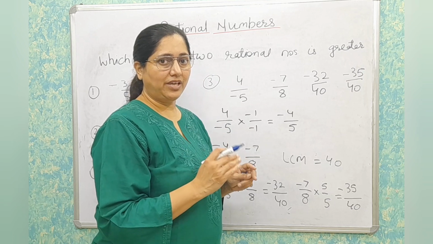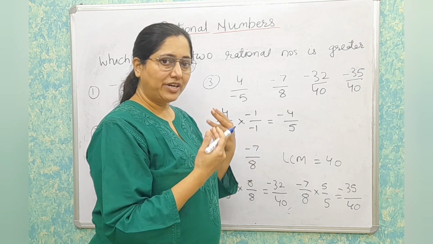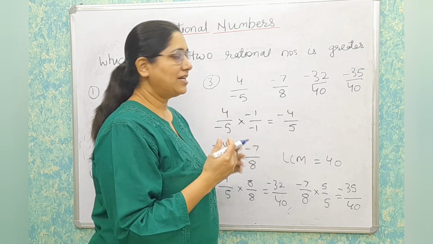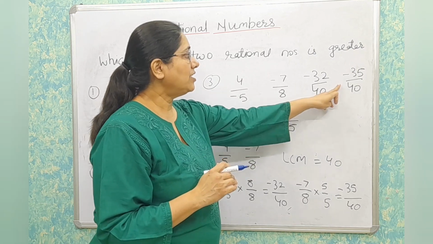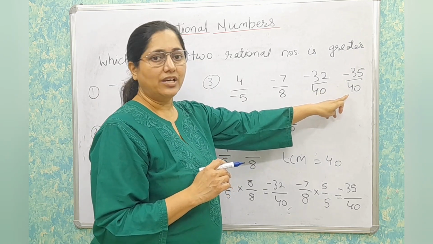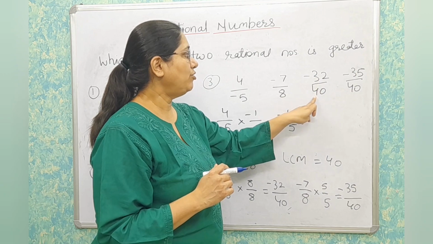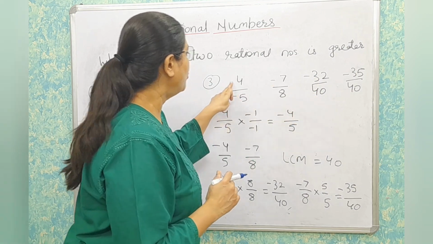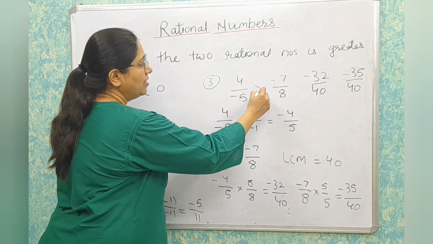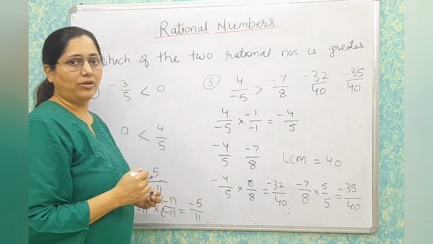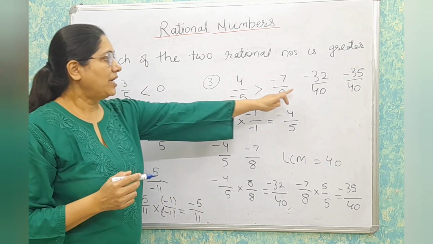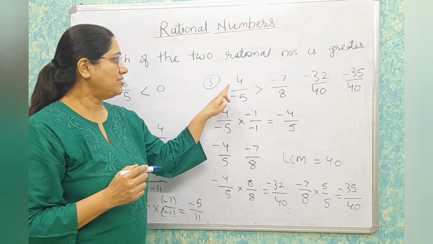Always remember one thing, as we go to the left-hand side of the number line, numbers are getting smaller. So minus 35 upon 40 is smaller than minus 32 upon 40. So 4 upon minus 5 will be greater than minus 7 upon 8, because minus 32 upon 40 represents 4